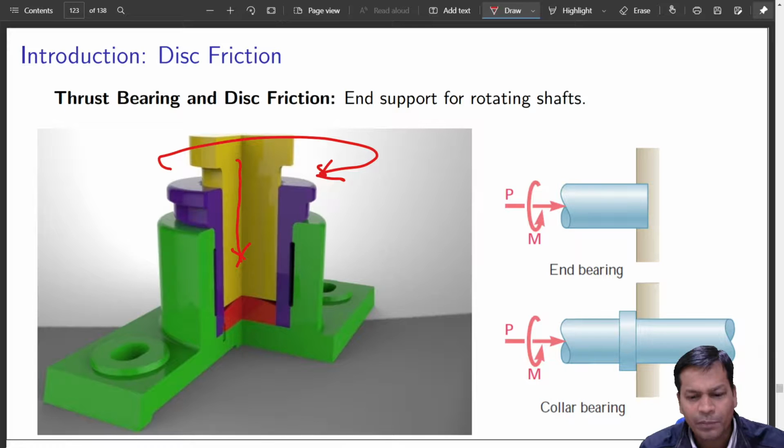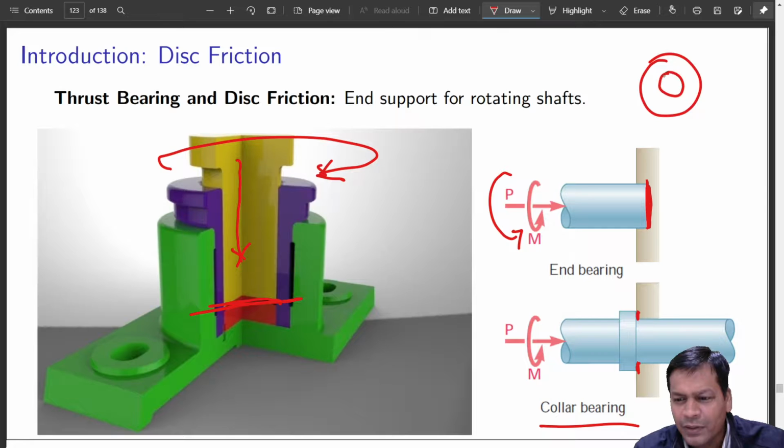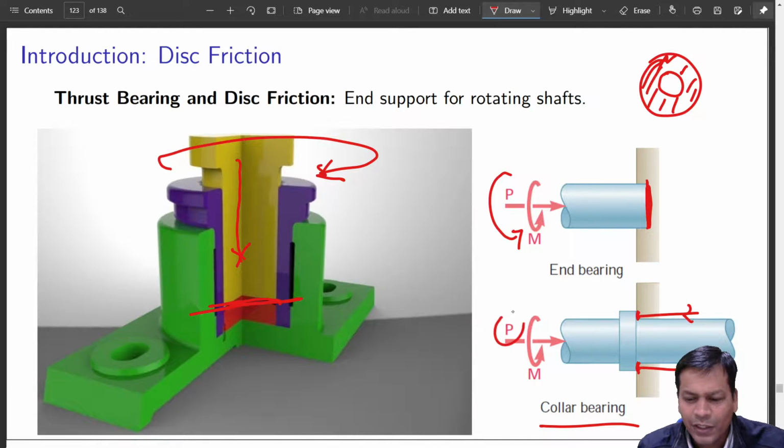So where is the contact point? This is the contact point, where all the thrust is taken. So in that case, this is the place of friction. This is rotating, this is the friction place. And a collar bearing is also similar. In this case, these are the points of contact. So there is an annular ring. So this is the point of contact. That is where you see reaction forces, and that is taken care of by this. Hope you got it. So this is known as a collar bearing. This is known as an end bearing.